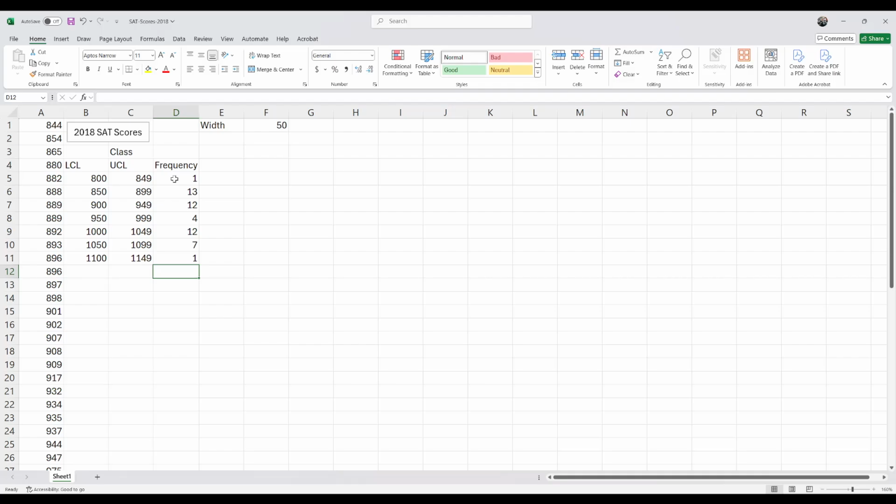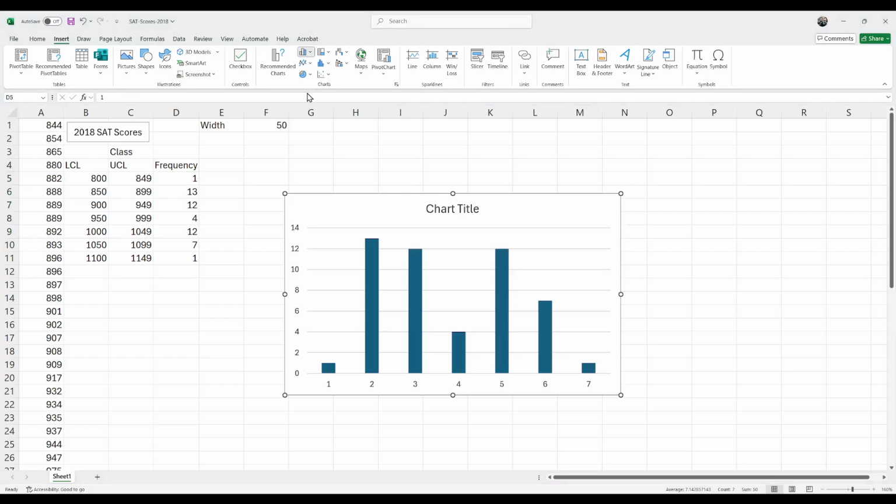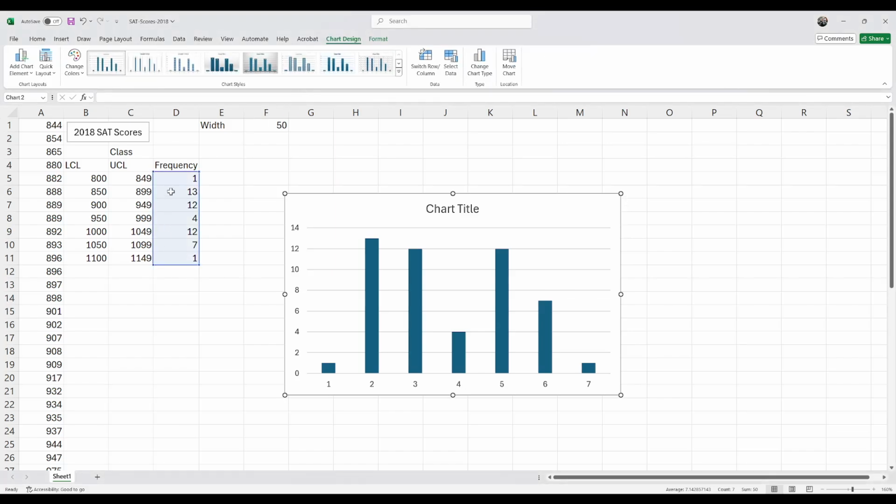If we want to add a histogram for this now, all we need to do is highlight our frequencies, and we want to insert a chart there. We're going to choose the very top left option for a bar chart or a column chart. A 2D column chart is what we want there. Really, we just want to graph those frequencies all next to each other, and this is going to be a way to do that. Now, we do require a lot of formatting here, though, because technically this doesn't represent a